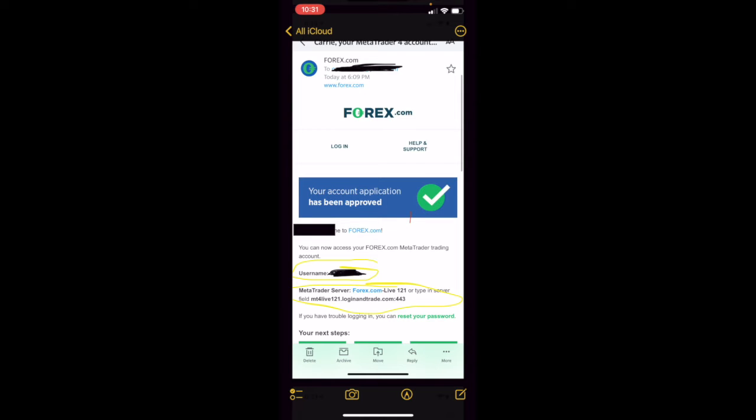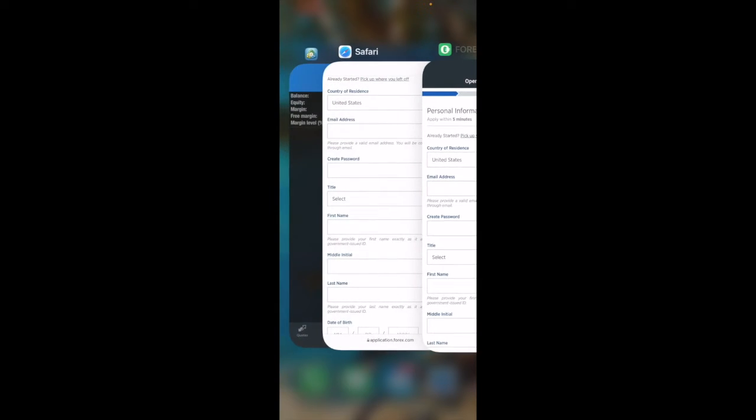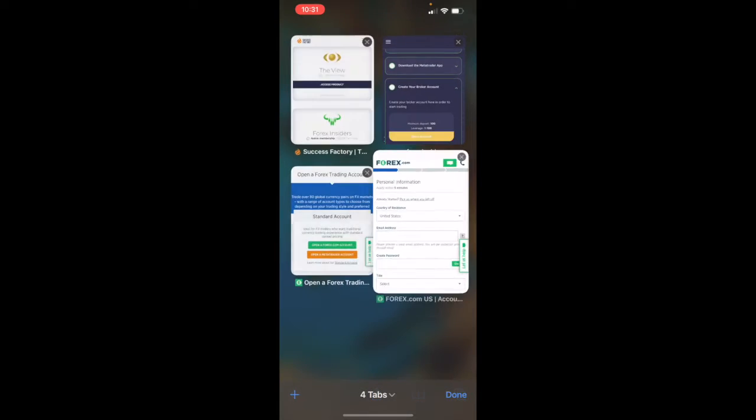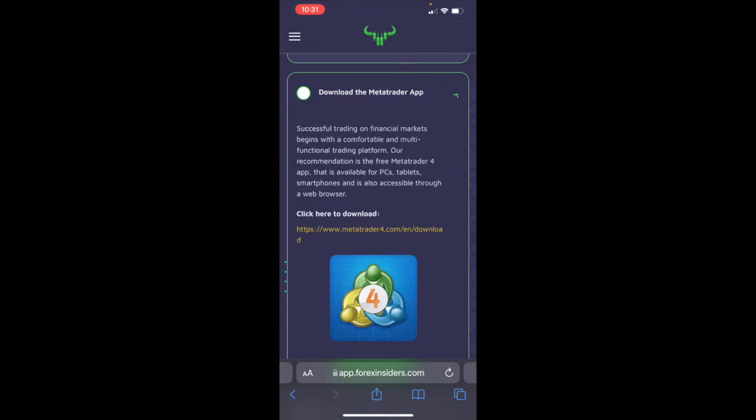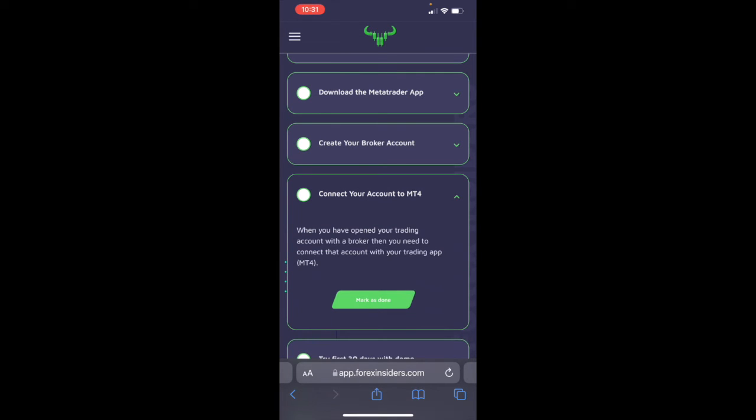Again, it shows Forex.com Live 121. So congratulations, we've gone through that second step, which is setting up the brokerage account, right? So we did step number one, we set up the MetaTrader 4 application with the demo account, check. Step number two, we set up the brokerage account, got the two pieces of information that we're looking for, check. Now step number three is we want to connect our brokerage account to the MetaTrader 4 application so we have